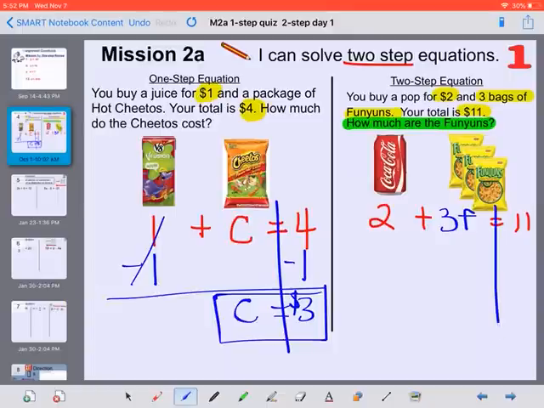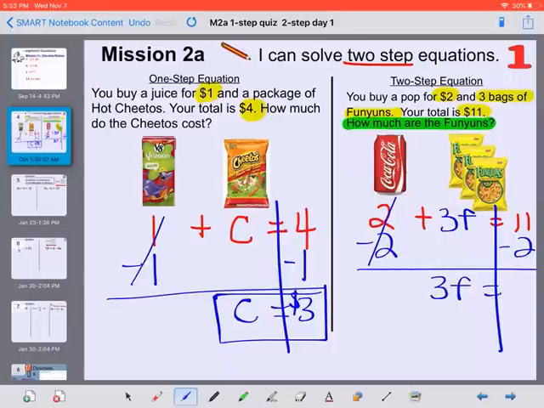So to solve this, first we can get rid of this $2, subtract that from our total, because we already know we spent $2 on our Coca-Cola. Subtract that from our total. And we now have our 3 bags of Funyuns for $9. Well, now it's a little bit easier. This is just a one-step equation that we know how to solve now. The opposite of multiplying by 3 would be dividing by 3. If we know they cost $9, divide by 3 bags, we know each bag of Funyuns would cost 9 divided by 3, which is